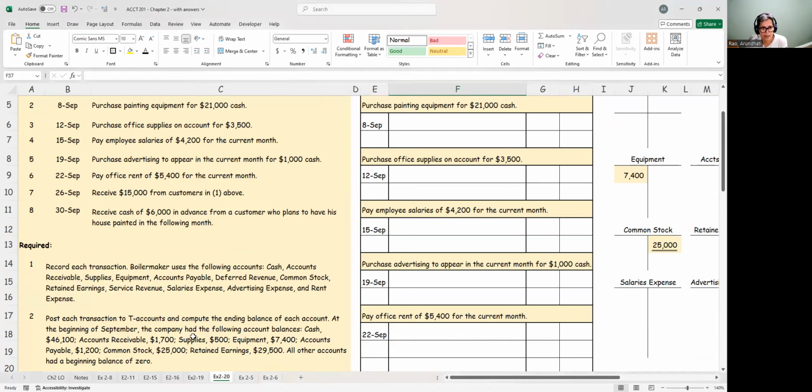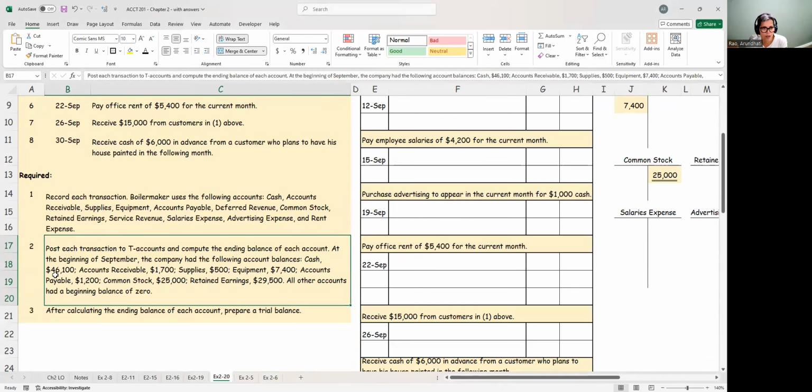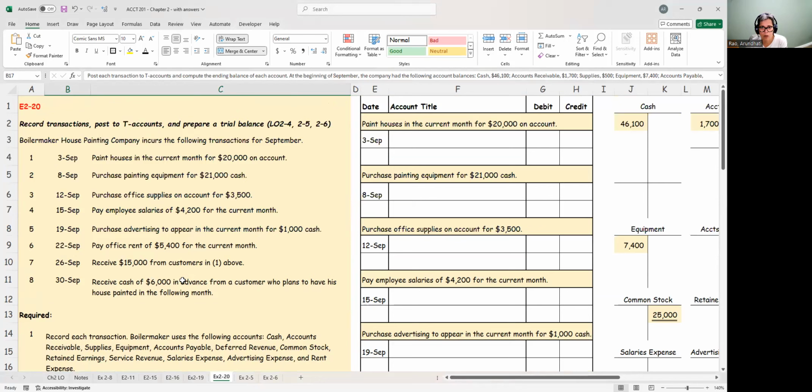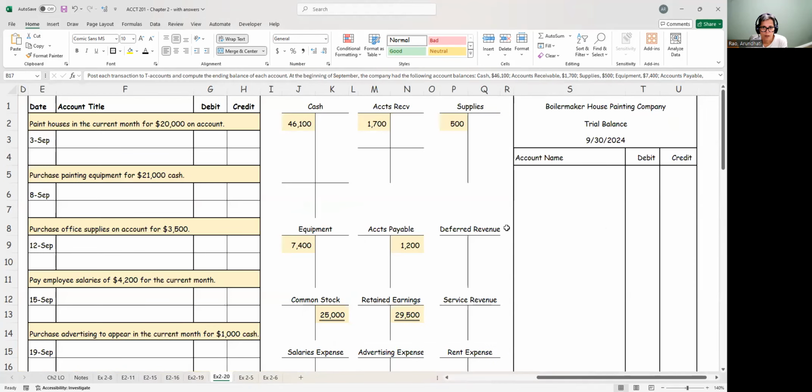Further, if you look under requirement 2, when you post into your T account, they're telling you there are various accounts that already have a beginning balance in them. Okay, so here's what we'll do. We will work on the journal entries, but before we get started with that, I have my T account set up, and